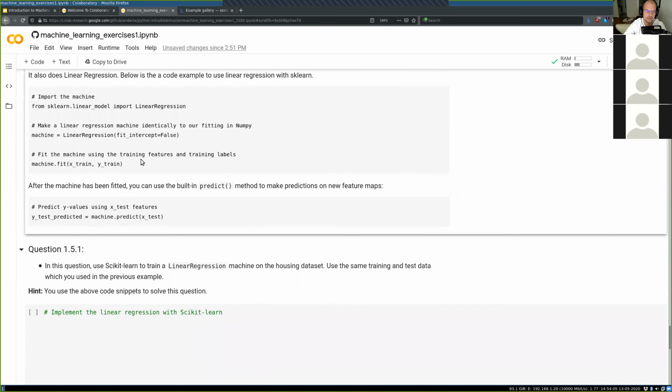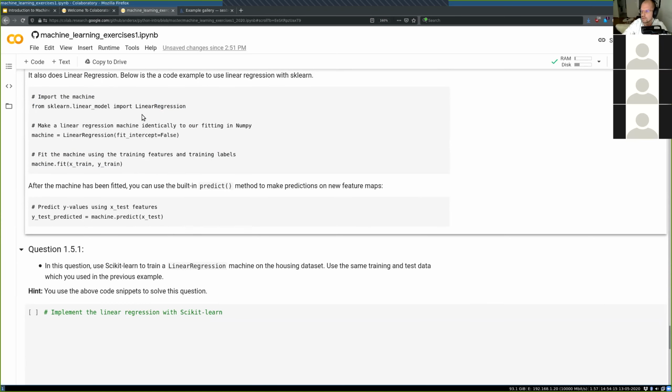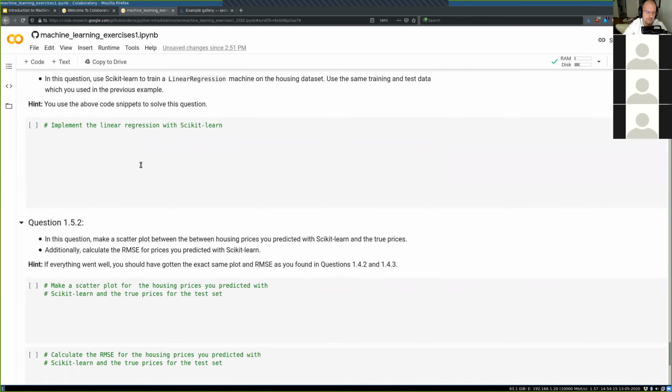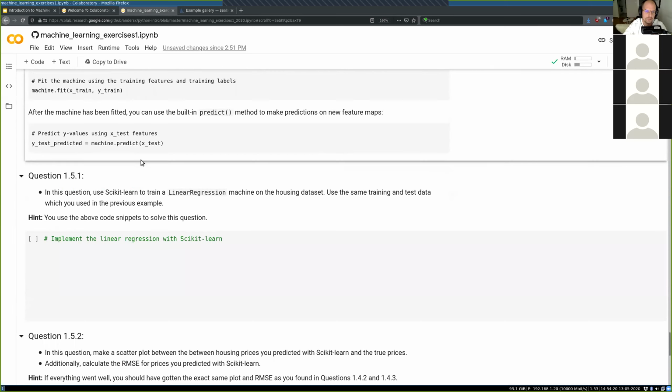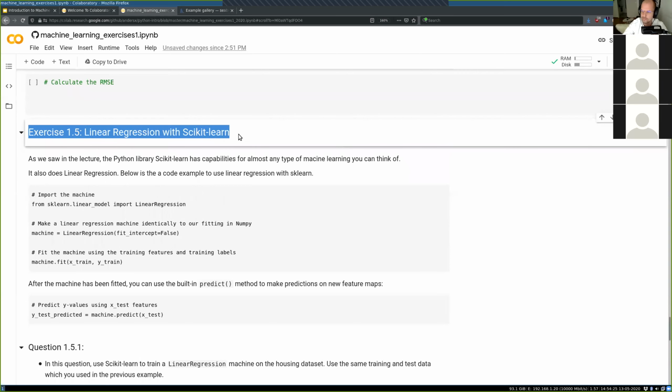So you could basically drop in other forms of regression in this code. This will be very good code to have for future research purposes for yourself also. I really recommend that you go through all of these steps and also do exercise 1.5, because this is really the way that you're going to use machine learning, I think, for most of you.